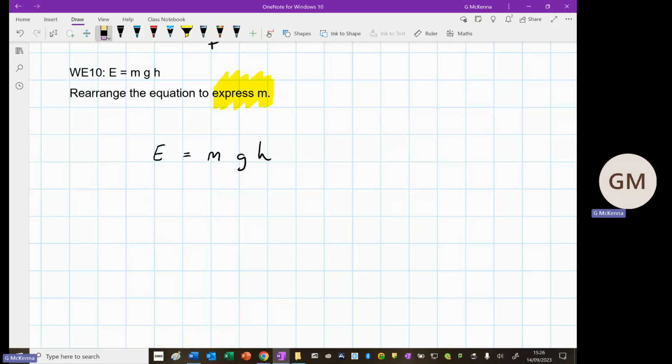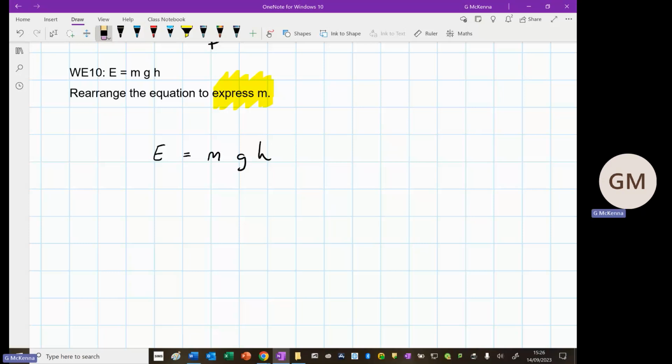Now, this type of example here where you have 4 variables is one, of course, where these formula triangles that you quite often see online, where you put your thumb here and it does the job for you, don't really work out too good. They don't give you a level of understanding that will enable you to make that transition into